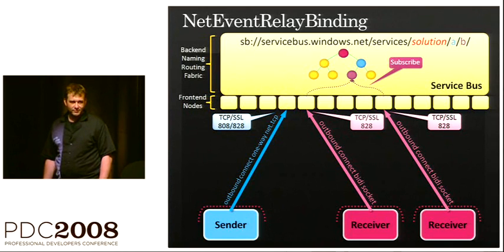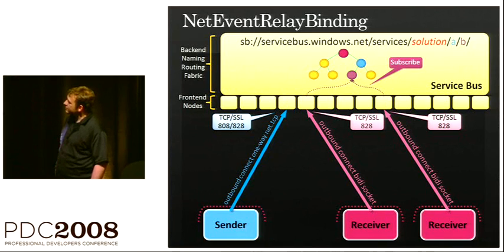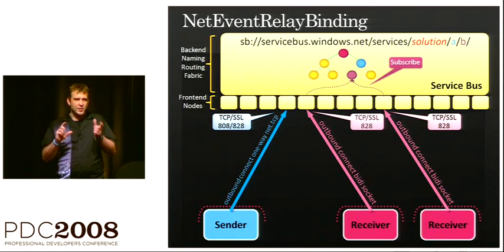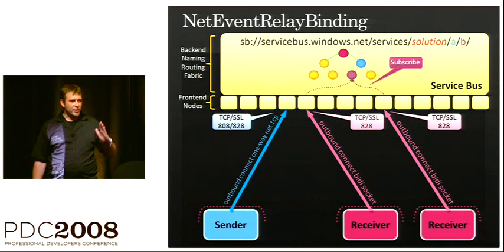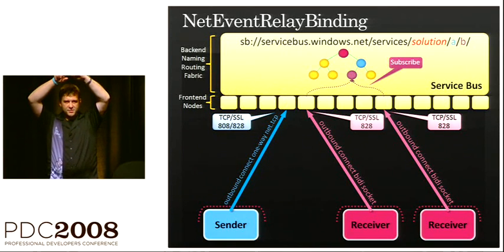That's PubSub. It's not really PubSub, it's a topic. You go and publish an event out to servicebus.windows.net, to whatever solution, to whatever endpoint you want. So you start receiving on it. There doesn't need to be symmetry. You can start sending events to an endpoint, and that endpoint doesn't need to exist.